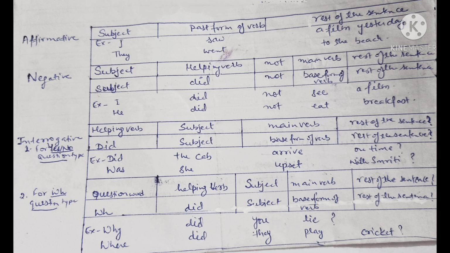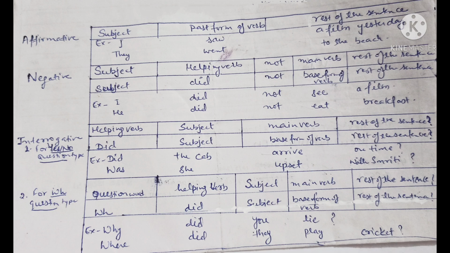See example, did the cab arrive on time? Was she upset with Smriti? The next sentence structure is for WH question type. This can't be answered in yes or no, right? So here we would put the WH question word first, then the helping verb did, then subject, then main verb which would be in base form, then rest of the sentence with question mark. See example, why did you lie? Where did they play